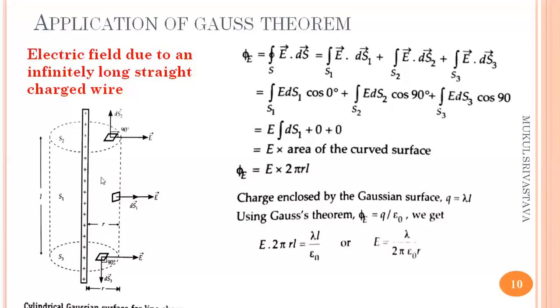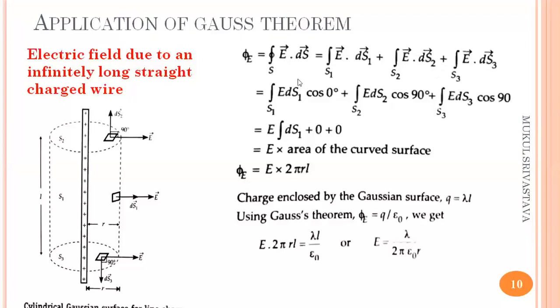Now we are going to find the total electric flux. Phi is the total electric flux, equal to the sum of the product of the electric field and the ds vector, that is, the integral over S1 of E dot ds1 plus over S2 E dot ds2 plus over S3 E dot